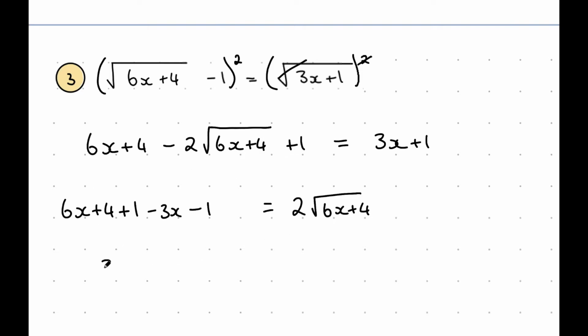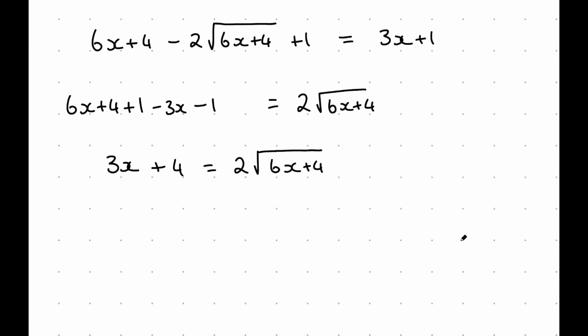Now tidying that up, I'm going to get 3x, and then plus 4 plus 1 is 5, take away 1, that's plus 4, is equal to 2 root 6x plus 4. Now again, what I'm going to need to do here is square both sides. I'm going to be careful because it's actually got a 2 in front of it this time. So squaring this side first, I'm going to get 9x squared, twice the product is 12x, twice that is 24x, then square the 4, which is plus 16, and then is equal to,